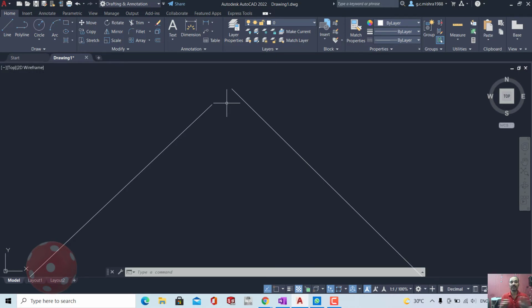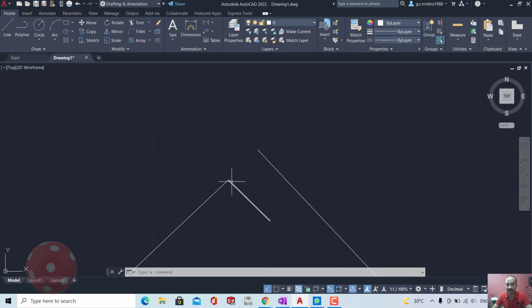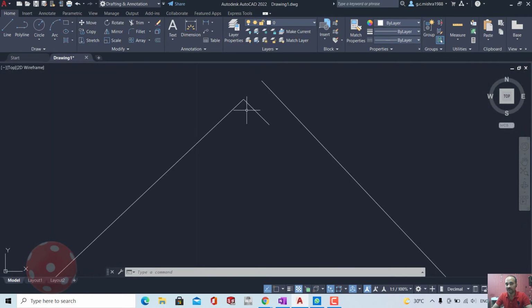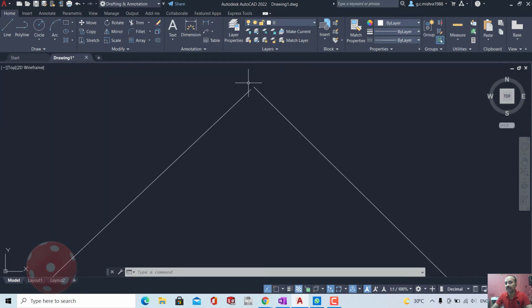You can attempt infinite times. If object snap is off, you cannot connect two lines. If I zoom out, you see the line is connected, but if you zoom in there, it will be disconnected.